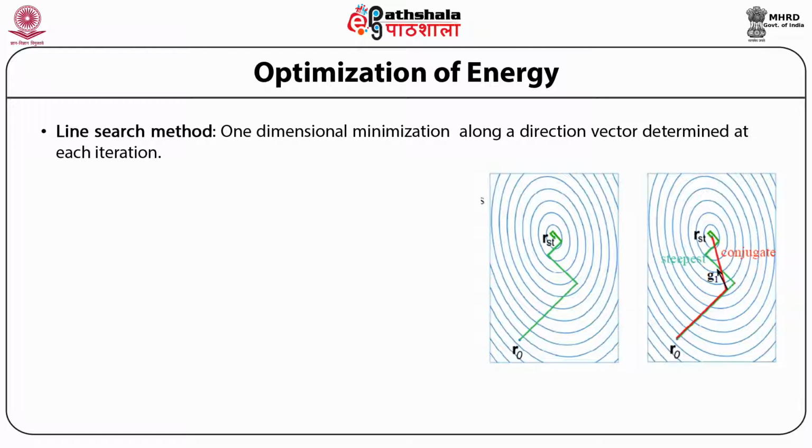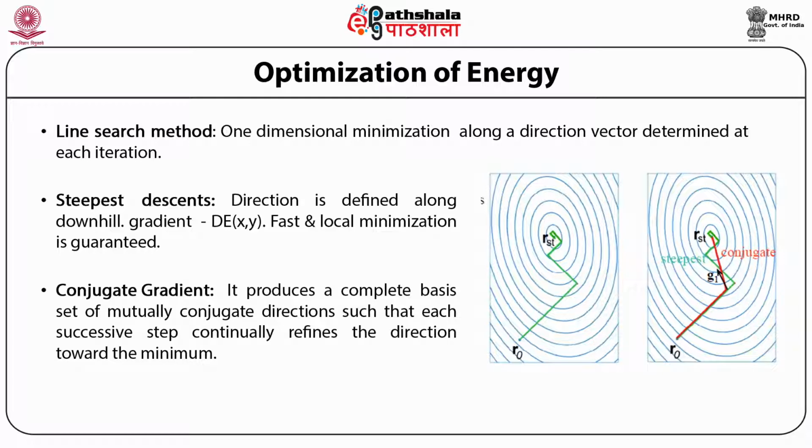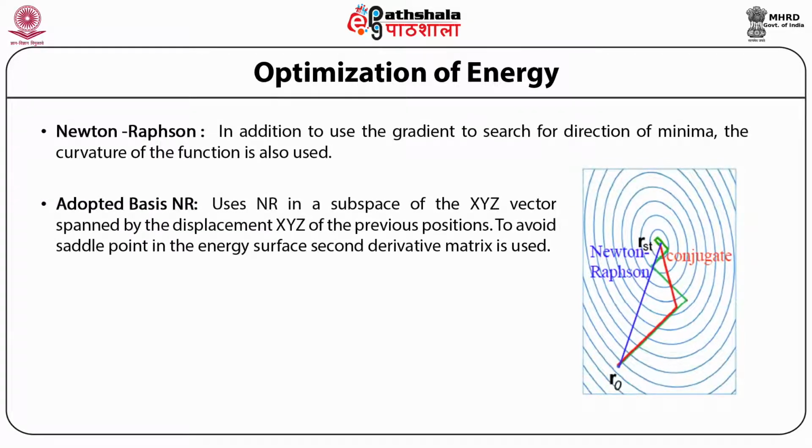However, now I come to the summarization of all. So we have steepest descent to use, and on the right-hand side it shows pictorially how it achieves the minima. Conjugate gradient, now both the methods should reach the same minima as you see in the pictures, only the pathway will be a little different. The next slide shows the Newton-Raphson method, and also we have adapted basis Newton-Raphson methods. So there are 4 different techniques available.